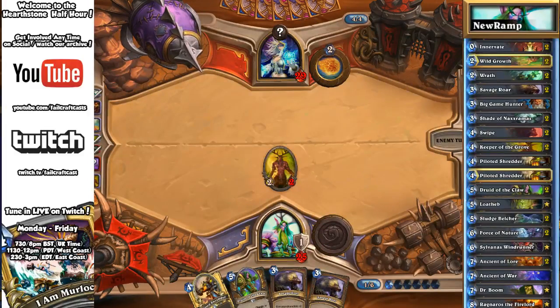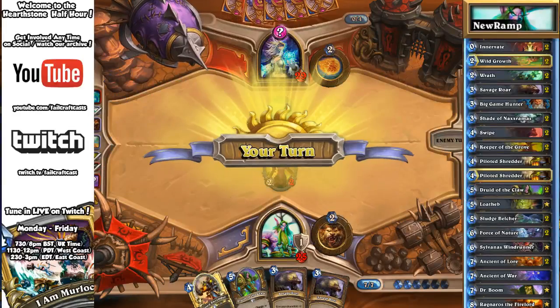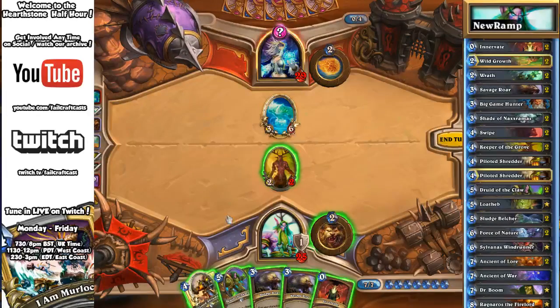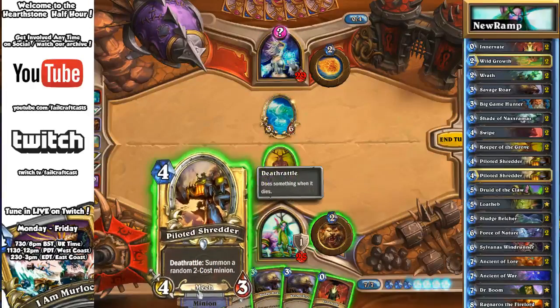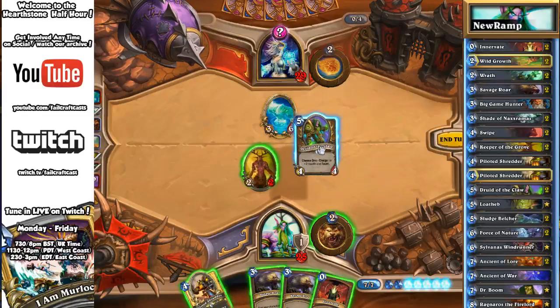Sparta says in stream chat, I use a lot of taunts in my Ramp Druid deck for the rush. That's absolutely a great idea. This deck has only got the 1 Ancient of War in, it's got Sonaris for the late game. That goes a Water Elemental, okay. So you can see that I'm on 7 mana compared to my opponent's 4. I've got Savage Roars, I've got multiple things. Would I rather my opponent had a Druid of the Claw or a Piloted Shredder? That's the question. I'm going to go with...